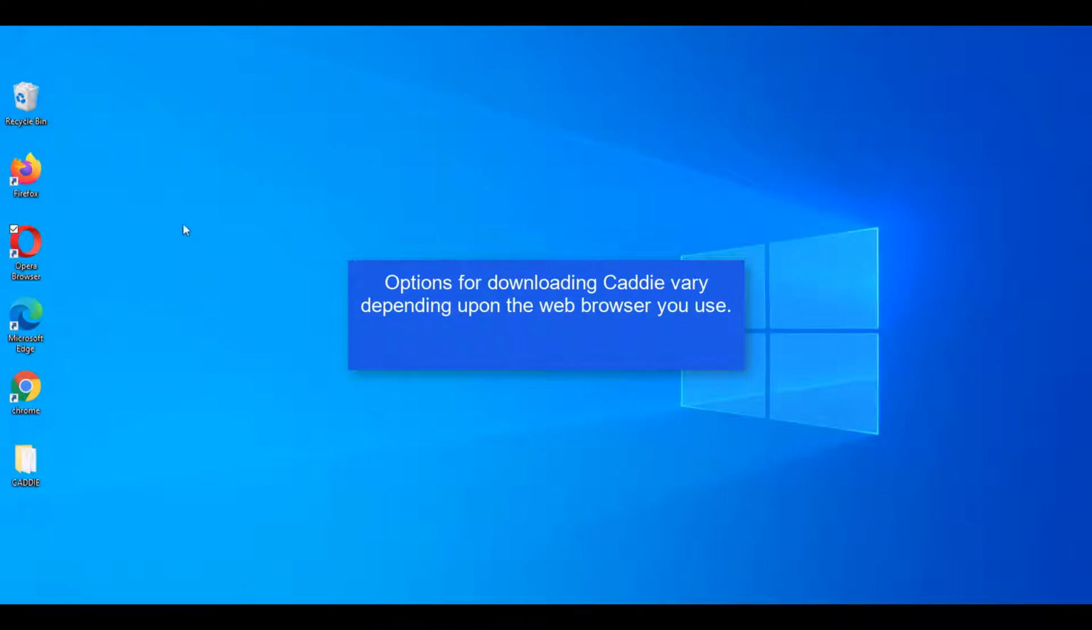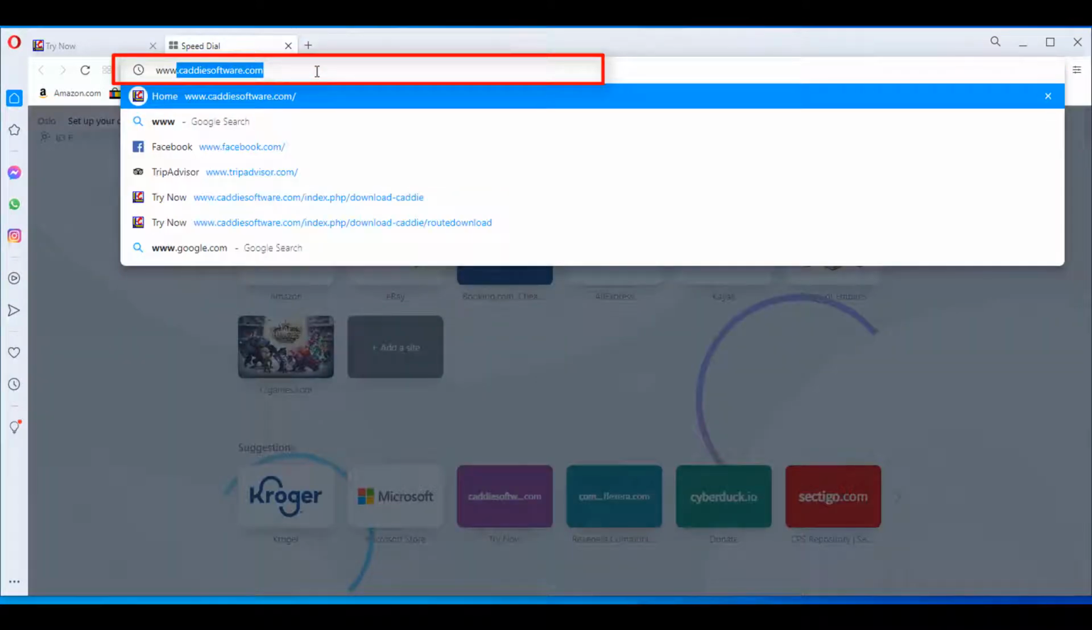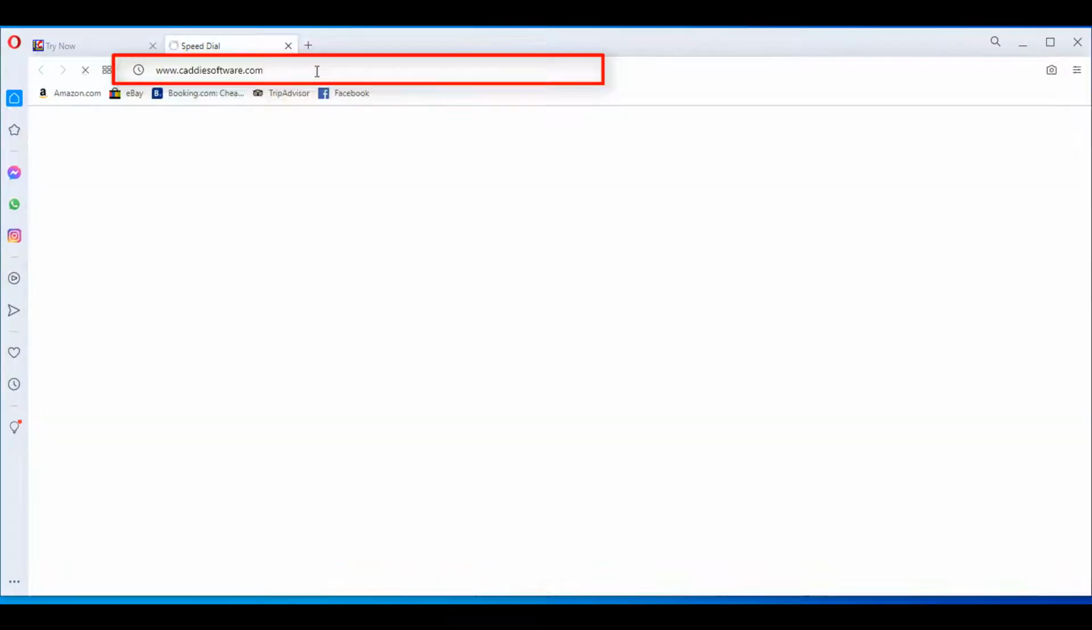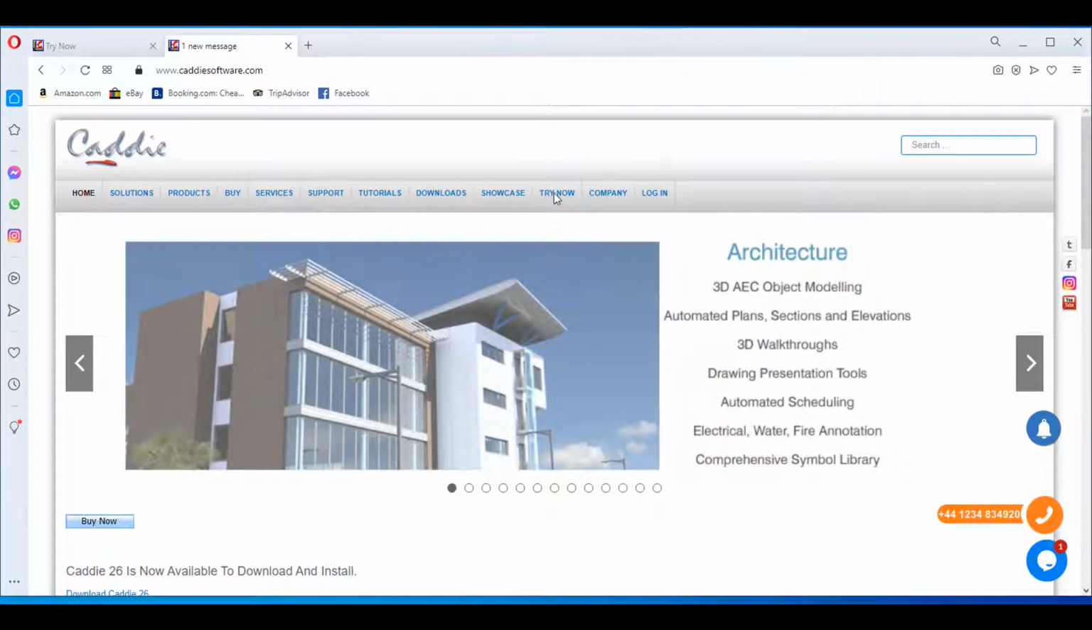If you make use of Opera browser, you're going to open your Opera browser, and at the top you're going to type in www.caddiesoftware.com. It will take you to the home page of the Caddie software, and now you will see this option that says try now. So if I'm going to click on try now,